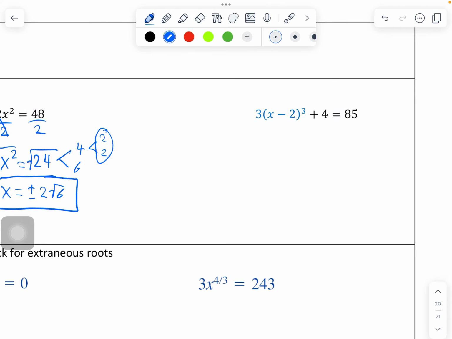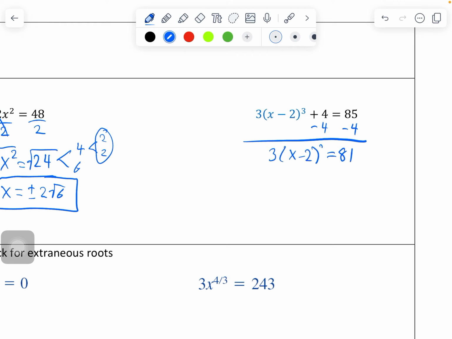Next one, similar process. We still want to isolate the parentheses here because that's where the variable is attached. Don't distribute. Remember, we have a cube that is affecting the entirety of the parentheses. That takes priority over the 3. So instead, let's subtract 4. We would get 81,